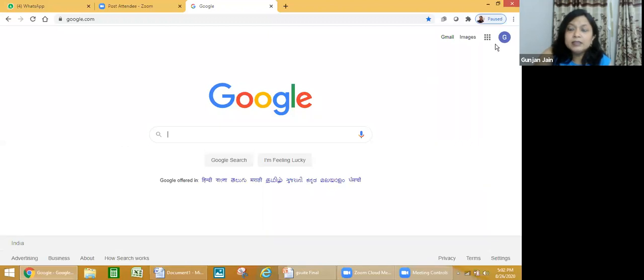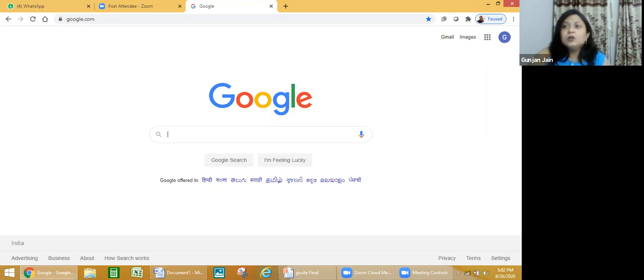Now you can see that instead of Sign in, you are finding a Google G over here. This stands for Gunjan. It means I am signed in. Whatever your Gmail ID is, it is also your Google ID. Gmail stands for Google Mail only. So your Gmail ID is your Google ID, and the same ID is used for using all the apps of Google.